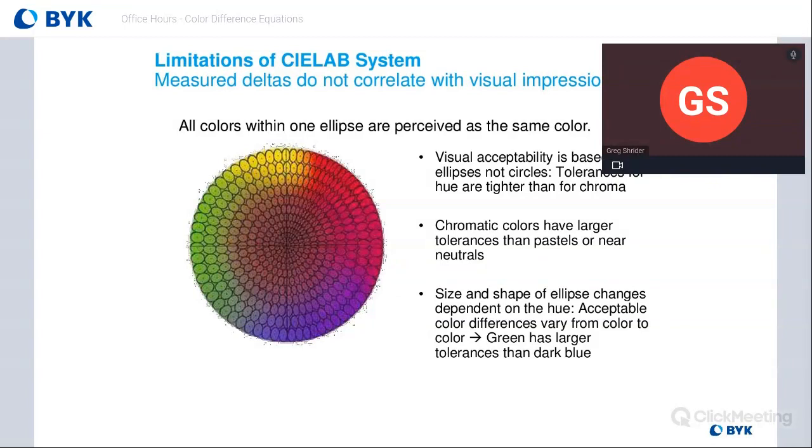It's also interesting to notice that the largest tolerances are in the green area, and then down in the blue, yellow, and the red area gets really elongated. So what we know is when we look at reds, we can see a red shift to the blue side or shift to the yellow side very quickly. So we're really sensitive to